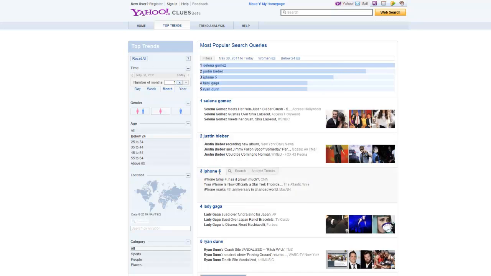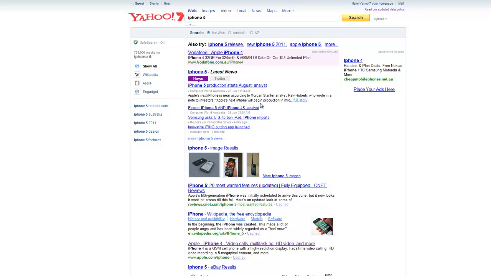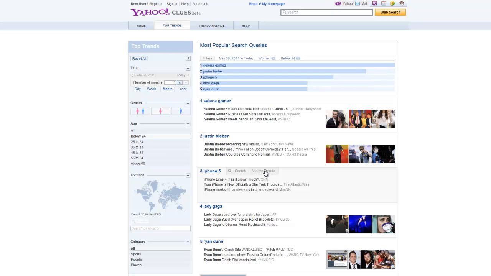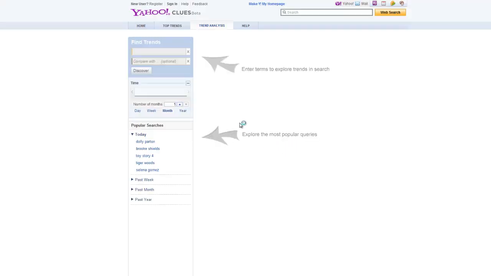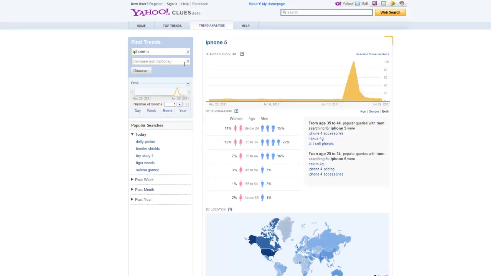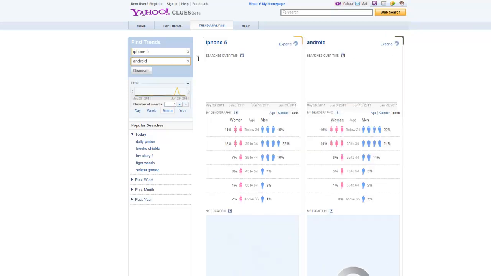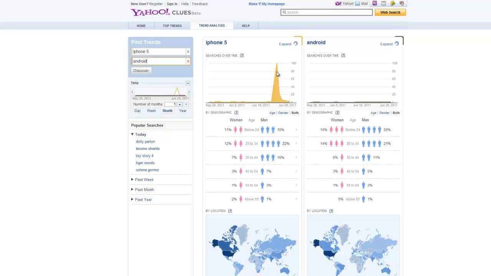So you can actually further drill down into this. You can look at the search queries, so you can see what type of Yahoo search queries are coming up for this. And you can also analyze the actual trends. So it's a fairly decent platform in terms of how the iPhone 5 compares to maybe the Android, and you can discover how that's performing over time. So you can see this massive spike here, and you can see the breakdown by the demographic